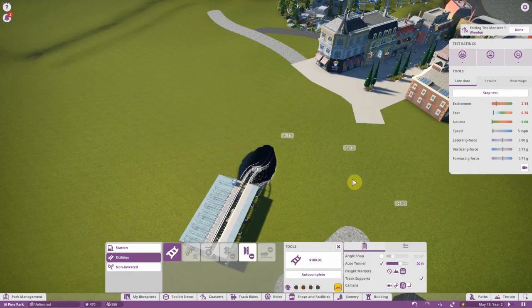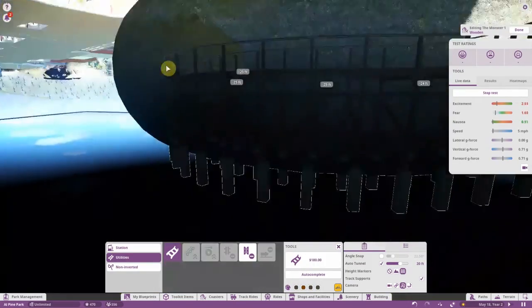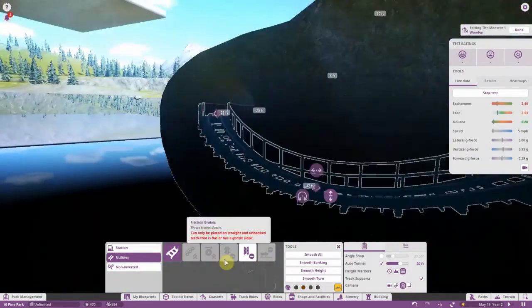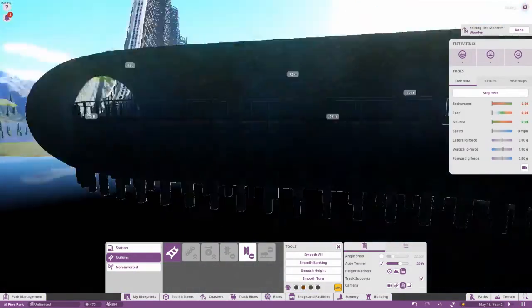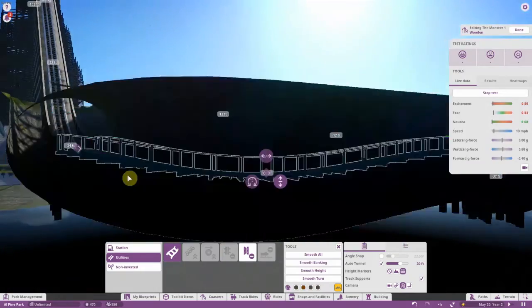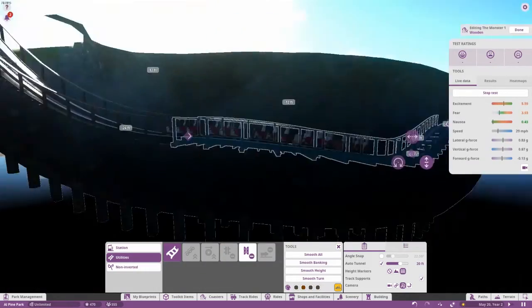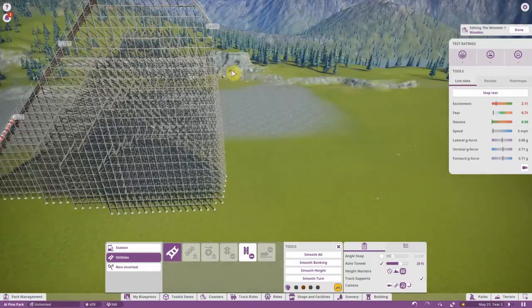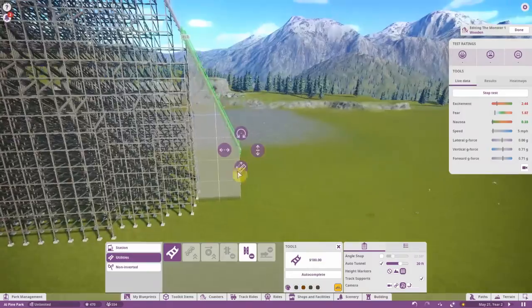Now I didn't want the layout of this wooden coaster to be too crazy. I wanted it to be kind of an out and back style coaster. Now one thing I find funny is after I built this and I test rode it a couple times, not the first drop, but the second drop